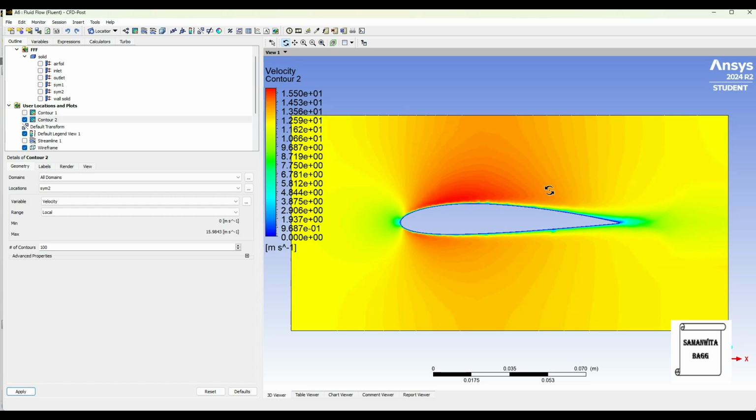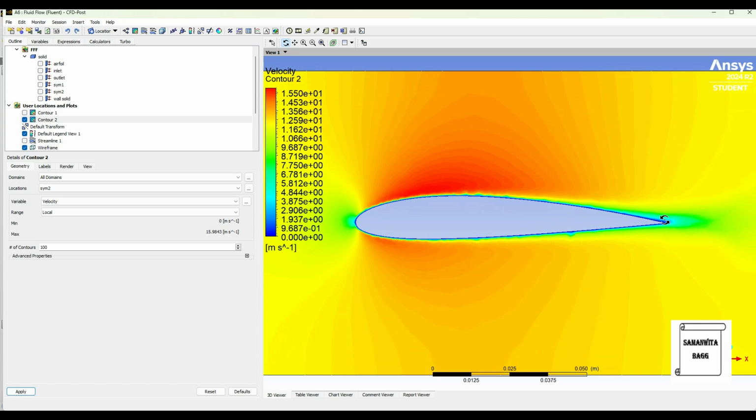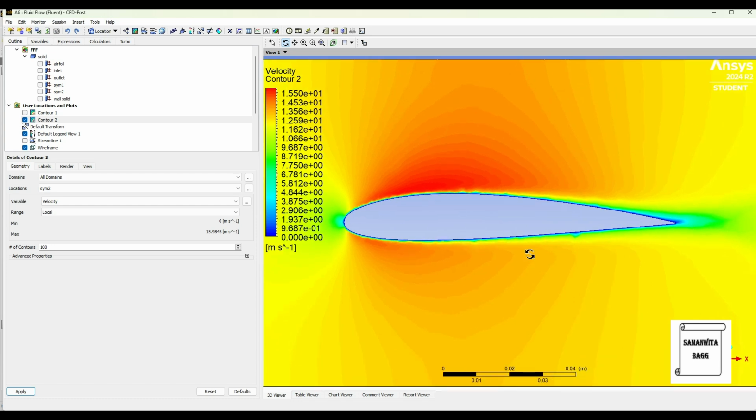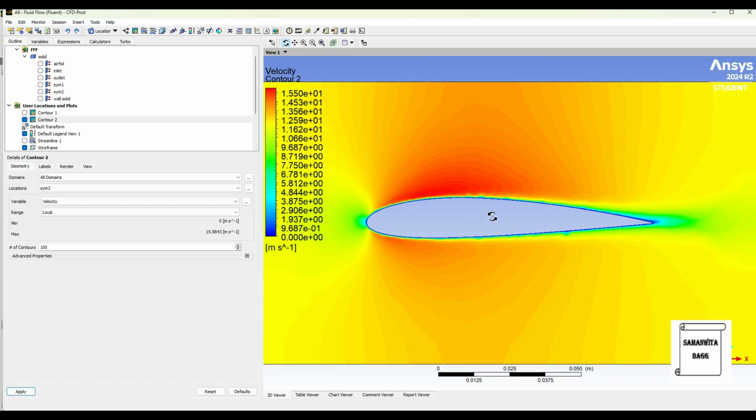Now you can see here at this zone the velocity is higher because the pressure was low. At the tip the pressure was high, so the velocity is low. Here slowly the velocity is increasing. Close to the surface of the aerofoil the velocity is going to be 0 because it is going into a hydrostatic state, and then the velocity slowly increases above the aerofoil surface. So you can see here it is 0, and then slowly the velocity increases, which means your flow is completely streamlined and in control. There is not much turbulence here.